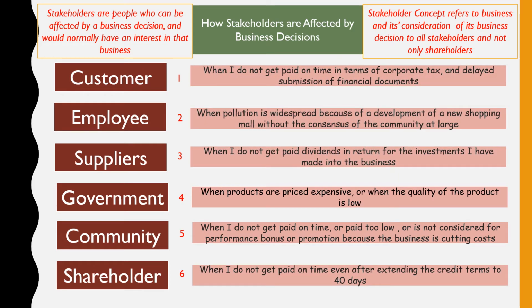Right, so there are 6 descriptions to basically 6 stakeholders and how they would be affected when a particular business decision is made. So I'm going to leave you some time to arrange according to the numbers based on each stakeholder and what they are affected by. Right, so spend some time rearranging this and we'll uncover your answers in the next slide.